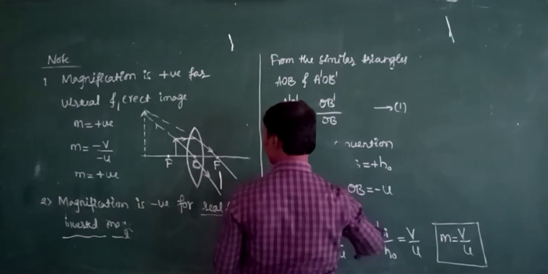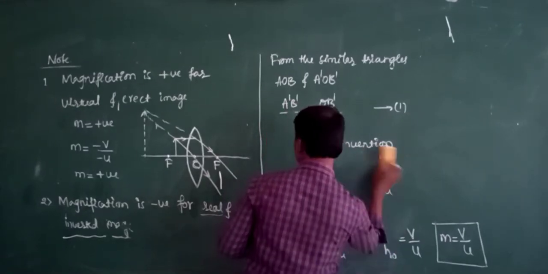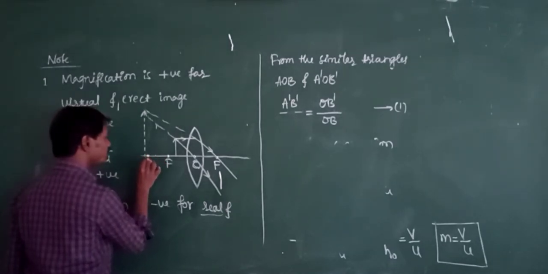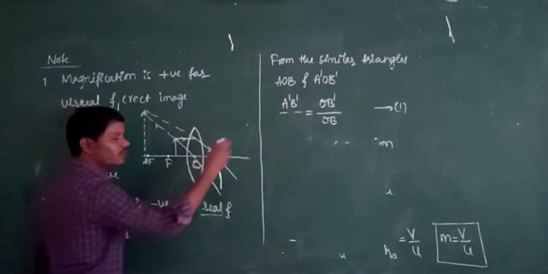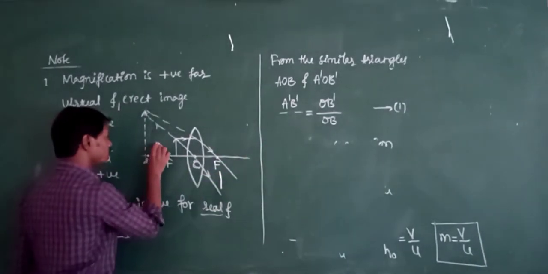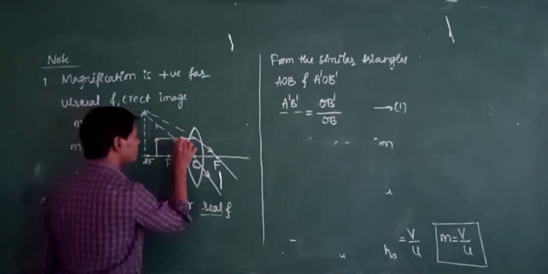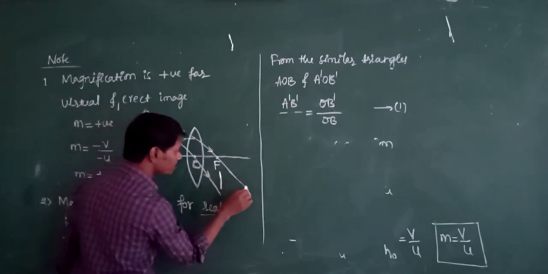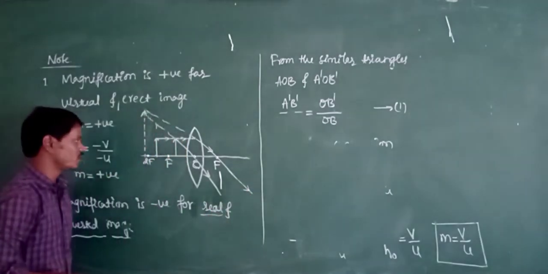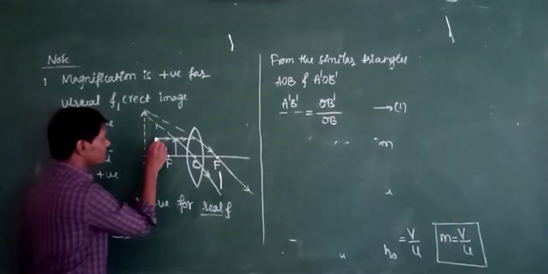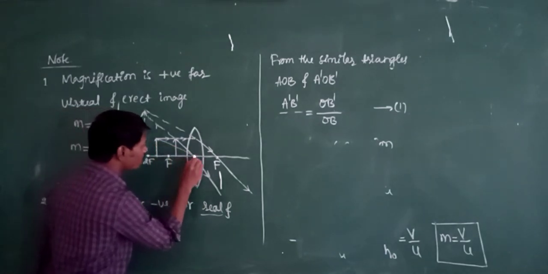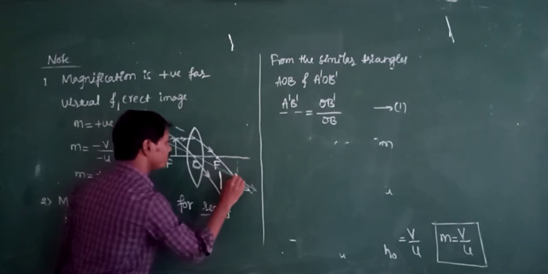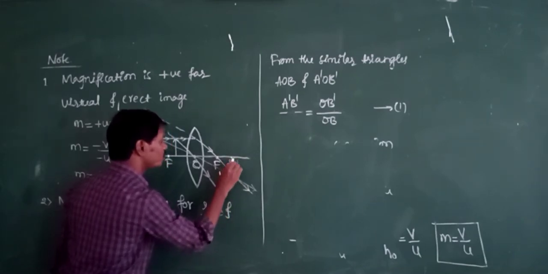Now once again I will draw the diagram. Suppose the object is between 2F and F, where will its image be formed? Beyond 2F, on the other side. It is the object now. First, the incident ray is parallel to the principal axis. After refraction, the refracted ray passes through the second principal focus. And one more incident ray passes through the optical center, and that passes without any deviation. Here the image is formed. The image of the object is formed beyond 2F.